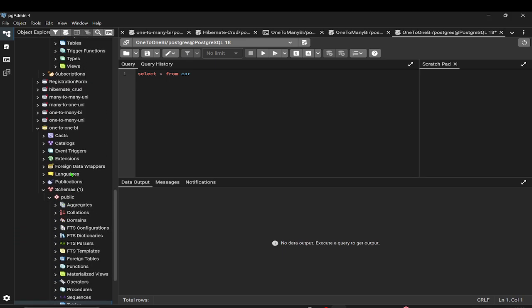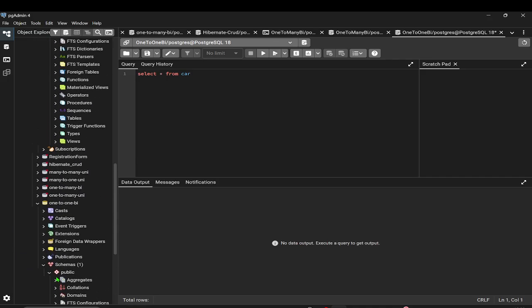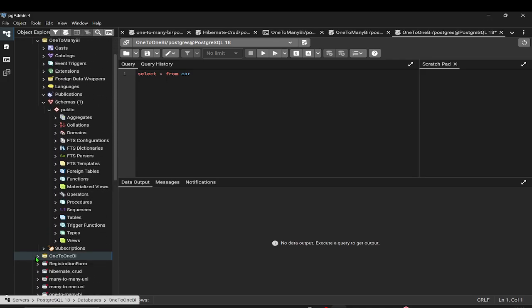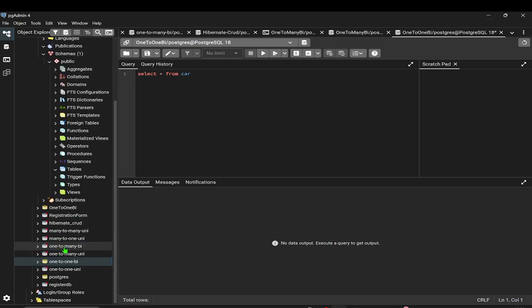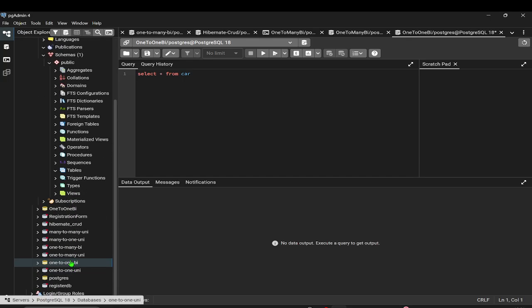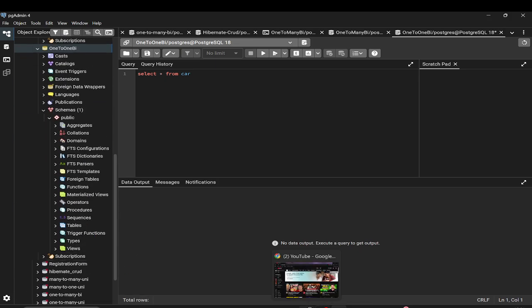What has happened here? One to one. Okay, the different table. One to one by direction. Okay, this is actually the table. Okay, how can you identify that? Because